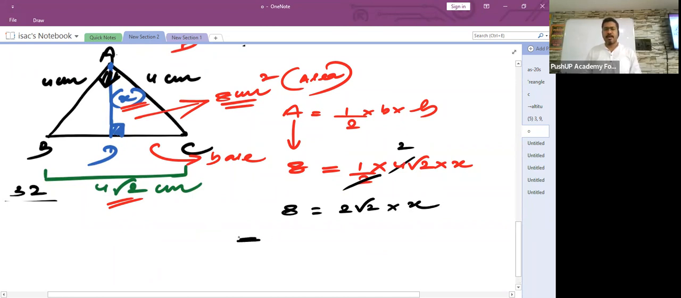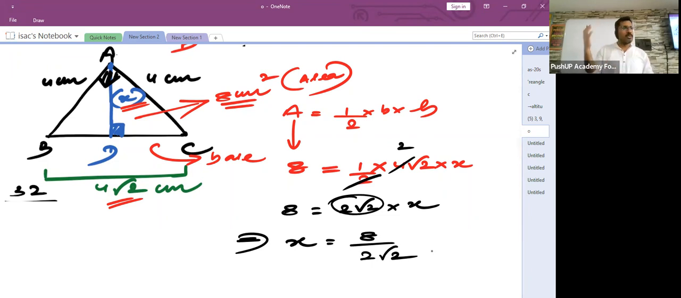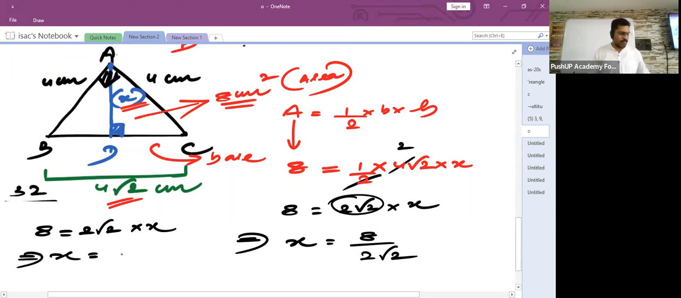Now they have asked us to find the value of X, isn't it? So we can bring this 2 root 2 from the right side to the left side. Did you all follow this part? I just cross multiply 2 root 2 from the right to the left. So it goes to the denominator. Okay, children, those who couldn't understand this, look here. 8 is equal to 2 root 2 into X. So this implies X is equal to